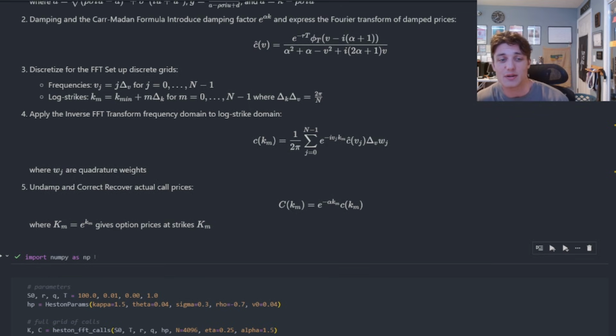Something to keep in mind here is that we are discretizing the Fourier transform. So we're introducing an error anytime we discretize some sort of continuous process. And in this case, we are approximating an integral via summation. And there is this discretization scheme such that these weights are what's called Simpson weights. I'll do another video on quadrature, numerical integral approximation, in the future if there's interest. It's a very niche topic, so I'm not sure how much appeal there will be,